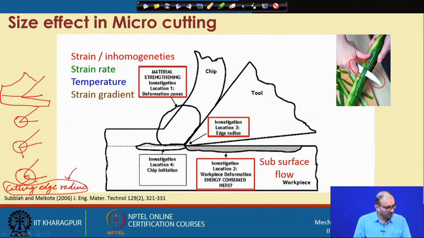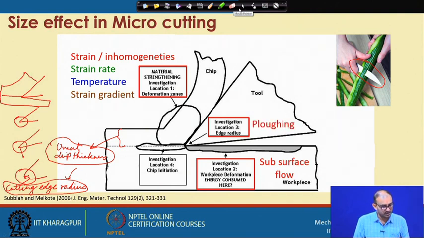very small scale. So, whatever the sharpness, we have to compare it with the uncut chip thickness. Relatively, we have to see what the radius of this cutting edge is with respect to the depth of cut, or we can say the uncut chip thickness. That will decide in which pattern the material will be removed, and it may be considered as plowing also, because you may not be able to remove material as a chip, but it may come as plowed material, and then you have to do some reworking to make sure that plowing will not occur at a later stage. So, this is the third location in which we have to pay some attention,